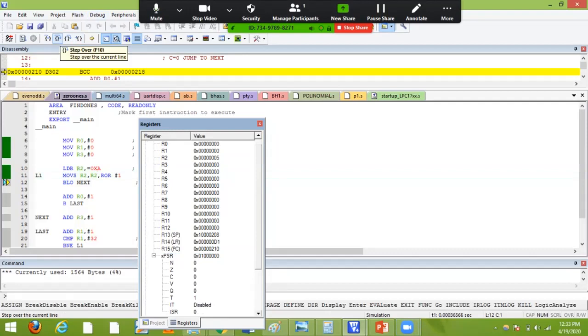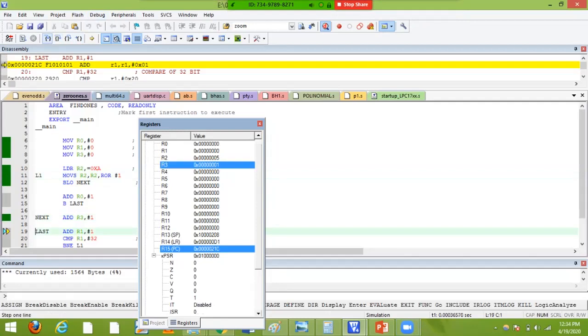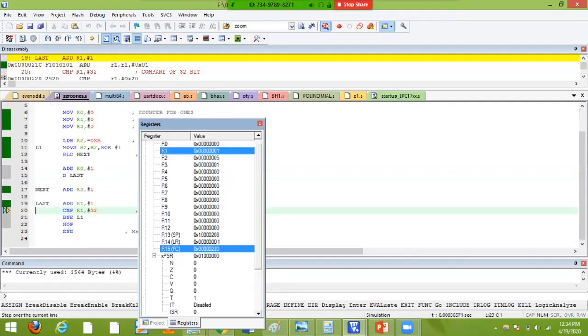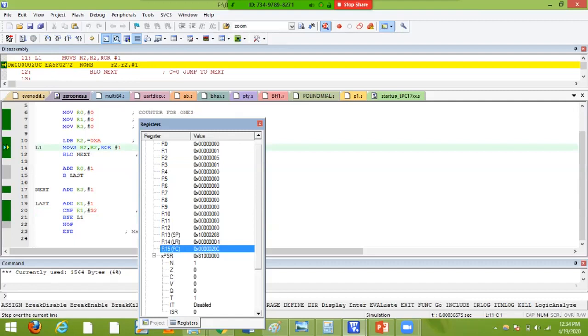Next, you see that a 0 is detected. Next, go to R3, which is my count. It will increase, 0 becomes 1. Next, it is compare. It checks whether 32 bits are covered or not, because R1 should also be increased for the number of bits checking, either it is 32-bit or not. So that's why I'm going to use that one. Once you find out that it is not 32-bit, then repeat the process. Go to loop 1. Next, you'll go again with 5. Again, I'm going to repeat it. So you can see that 101, if repeated, means 1 will come out.